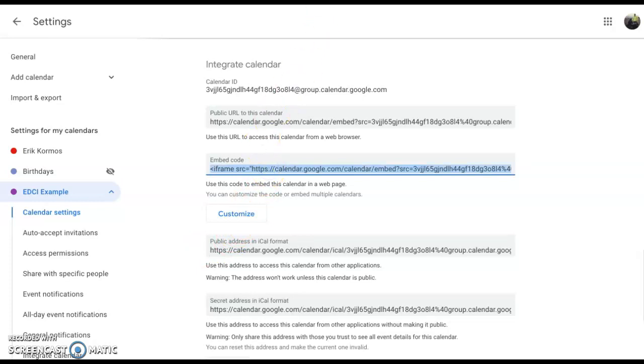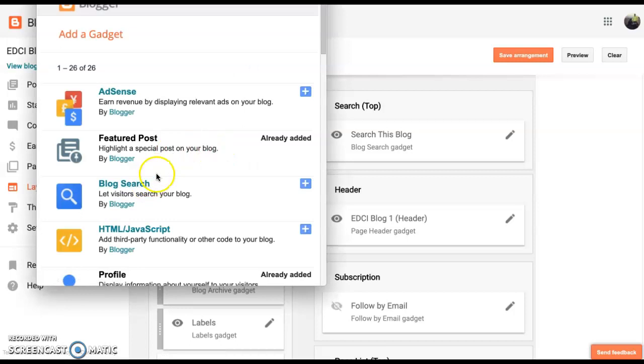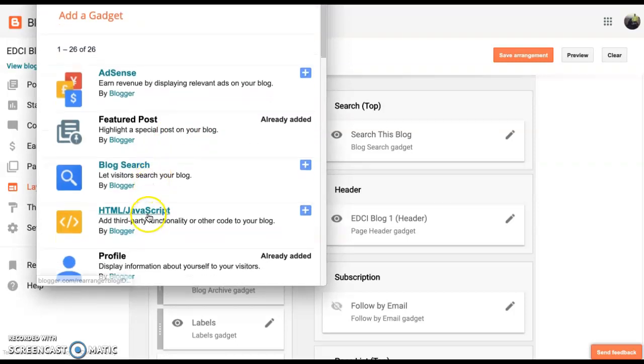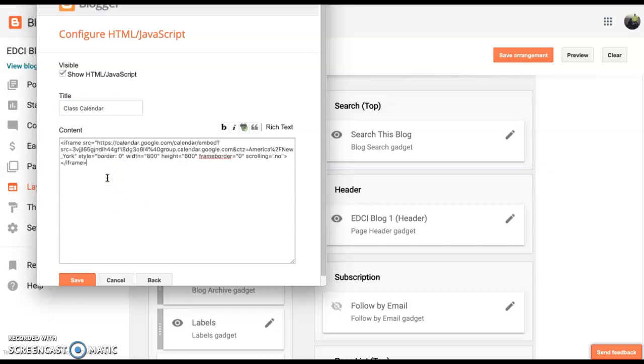Now in Blogger, you'll notice as here in Blogger, you're going to want to go and you're going to add this as a sidebar. You can either put it at sidebar top or the sidebar at the bottom. We're going to go ahead and add it right here for sidebar top. Scroll down, select HTML JavaScript because we have already selected and highlighted our embedded code for the calendar. Select here, give it a title. So for instance, class calendar. Content, we will paste in our